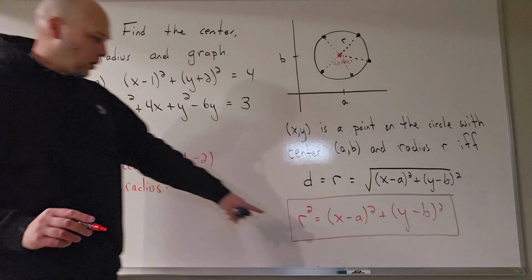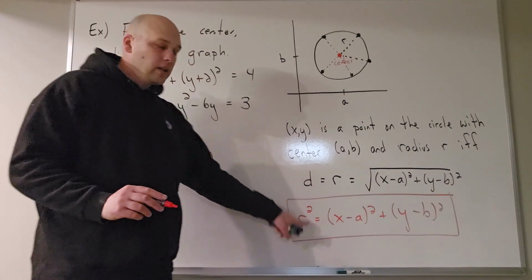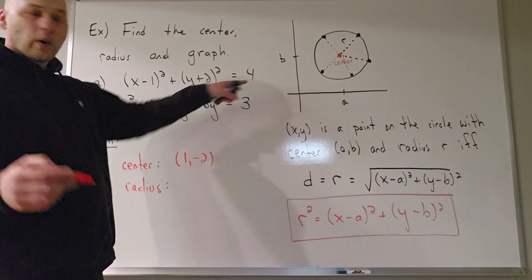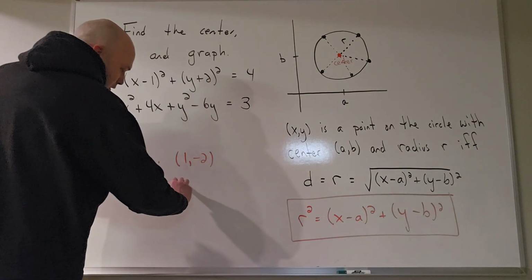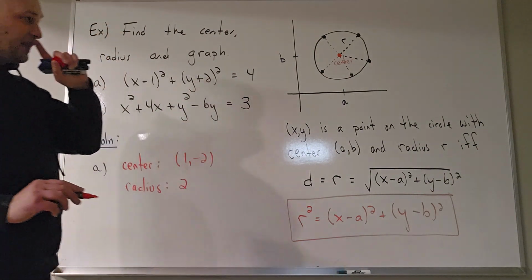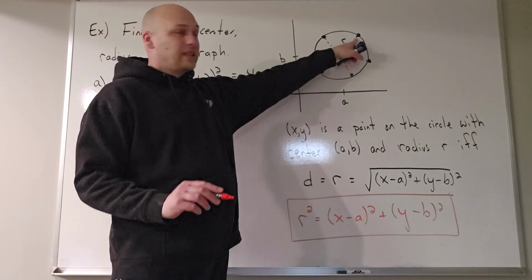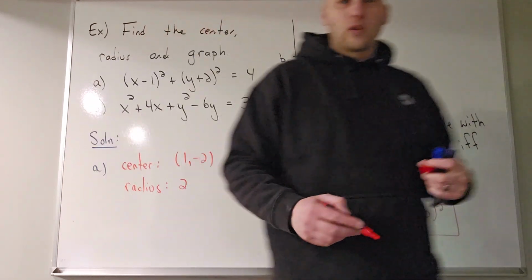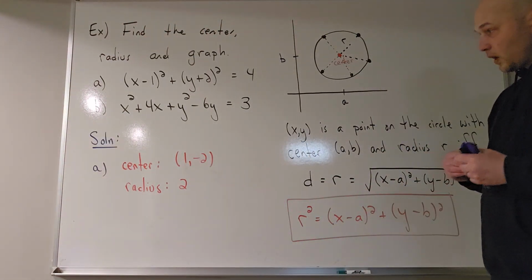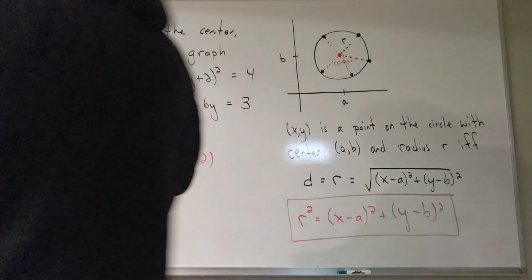And the radius. Remember that the equation has the square of the radius in it, so I have to take the square root of this. Square root of that would be plus and minus 2, but radius is a distance, right? As we emphasized over here, the radius is that distance, so it would have to be the positive or the principal square root. Okay, so then to get a sketch of this,